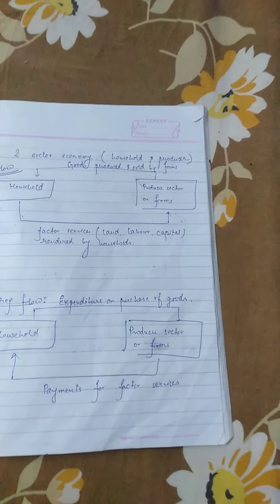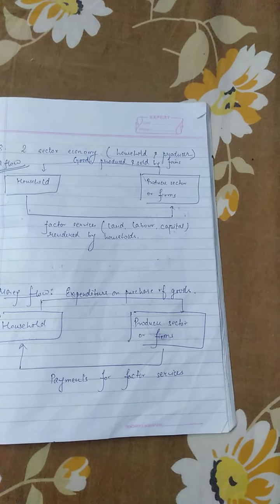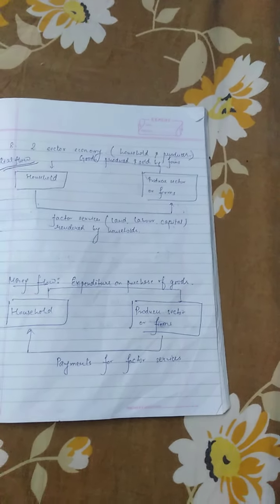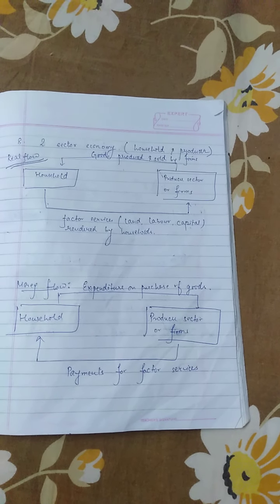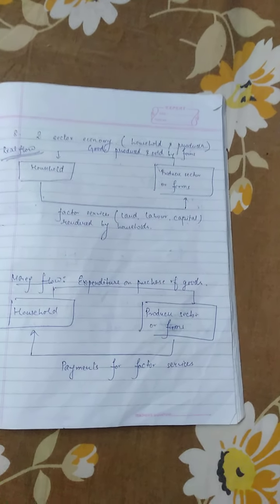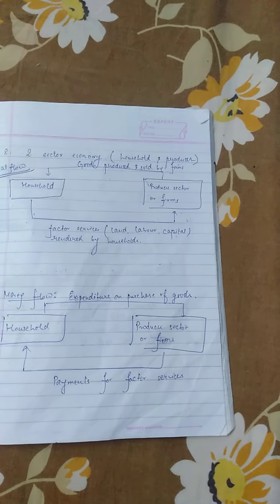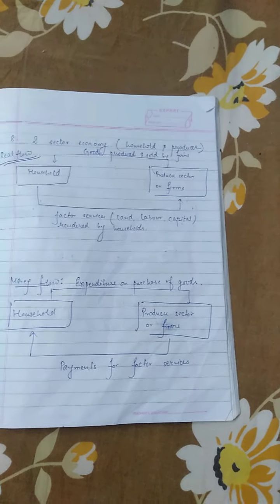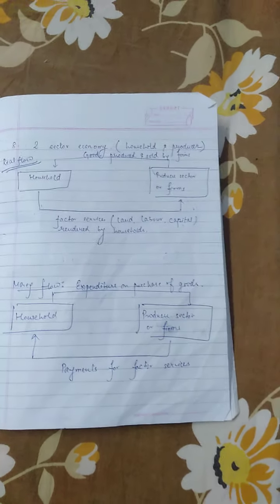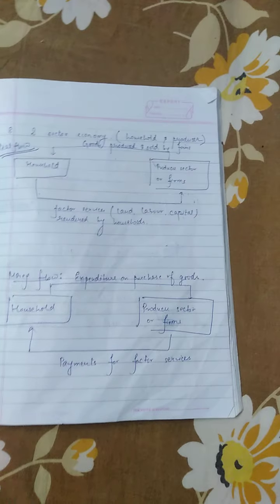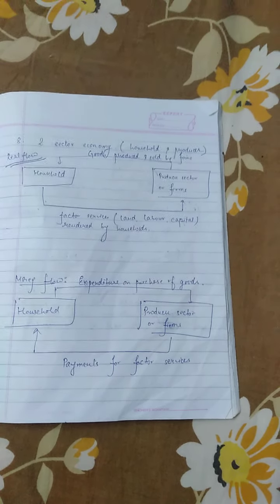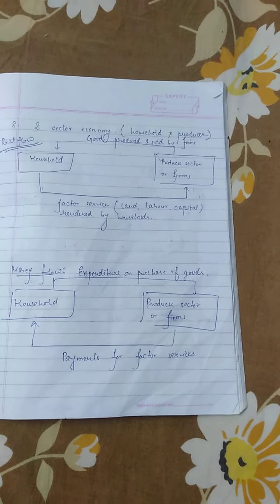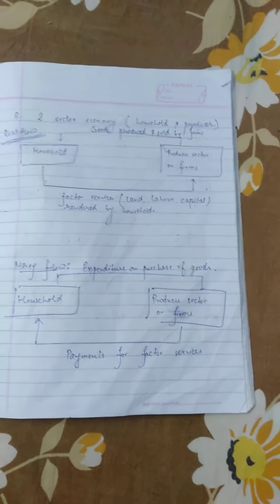While a three sector economy is an economy in which there are three participants, that is household, producer and the government, a four sector economy is an economy in which there are four participants, that is household, producer, government and the rest of the world. Now, the two sector economy and three sector economy, which are inside the country, in which there is no role of the rest of the world, are called a closed economy, while a four sector economy is also called an open economy.